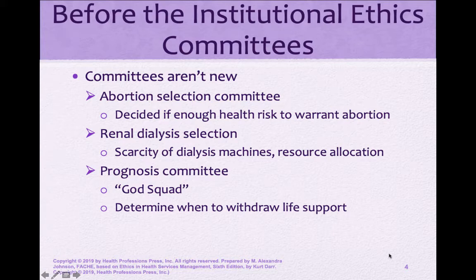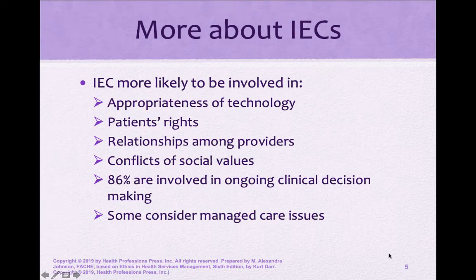And then a prognosis committee is sometimes referred to as the God Squad, but they are the ones that would be making the determination on when to withdraw life support for somebody. And back in that time frame, it wasn't necessarily just those that had no next of kin, because those were the days before a lot of the advanced directives and healthcare proxy laws that we have now in states. So oftentimes they were the God Squad. They were the ones that made those decisions, hopefully in conjunction, if they're operating morally and ethically, with the patient's family, but not necessarily by law at one point. Now they would most certainly have to have the patient's family involved.